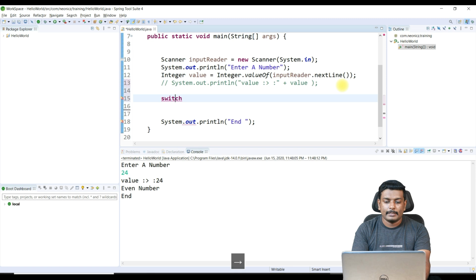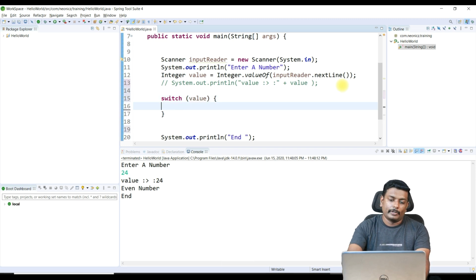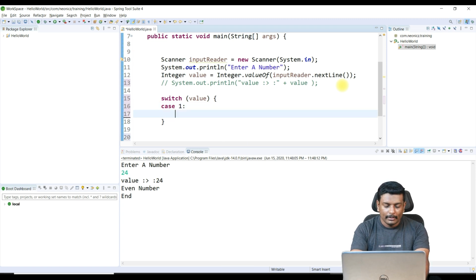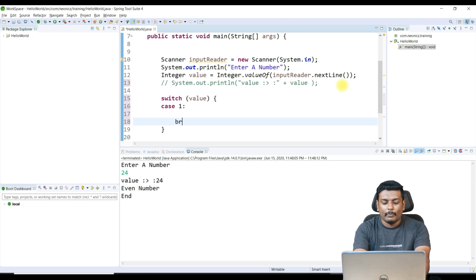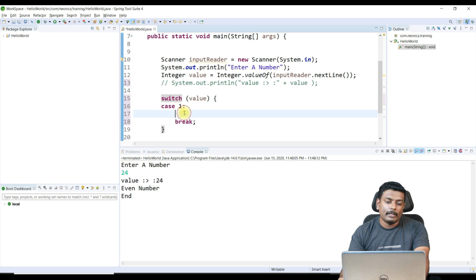It should be lowercase, switch, and an expression. So what is my expression? Here my expression is going to be the value. I'm just going with the value, and then case 1, then colon, and whatever the statement I want to write there, and then break. So if the case 1 means if the value is, okay, let me just change this